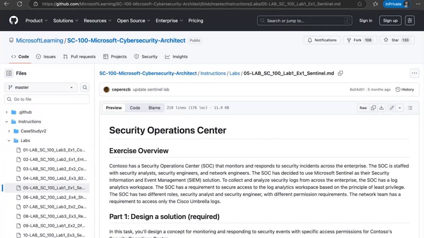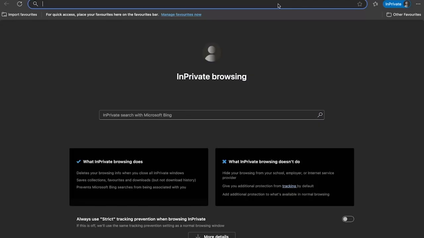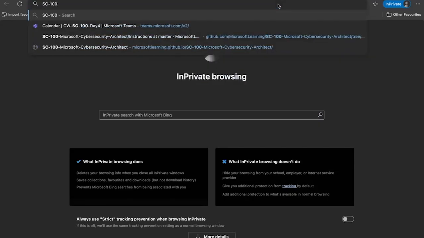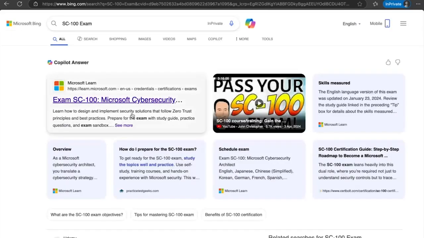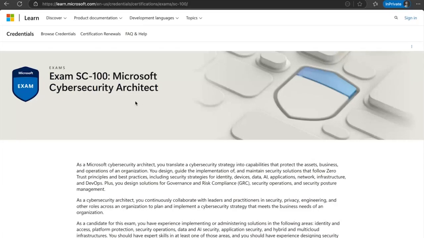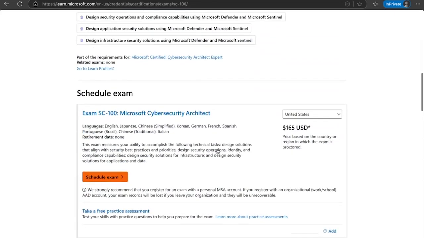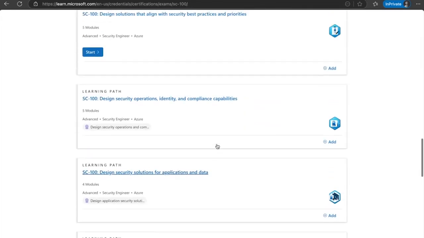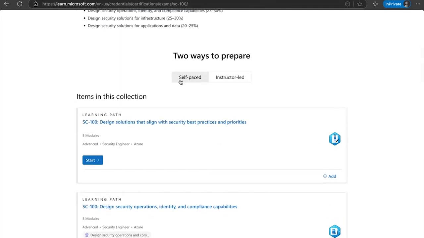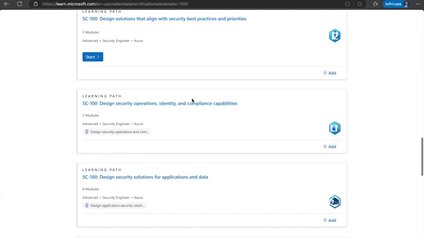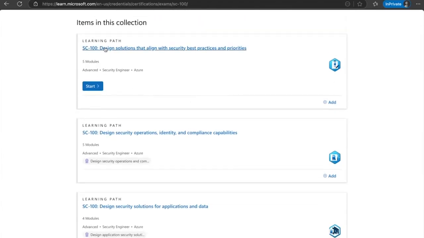Apart from this, I recommend, if you talk about going for the SC-100 exam, you notice we have this official Microsoft SC-100 exam page. So here you can go for these self-paced learning. And here, if you go for the first one, security best practices and priorities, click on start,